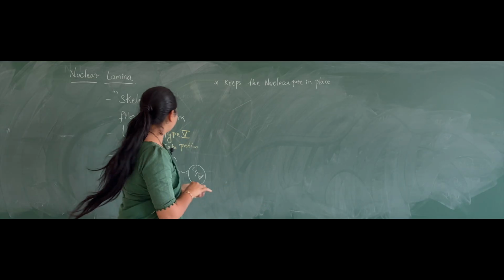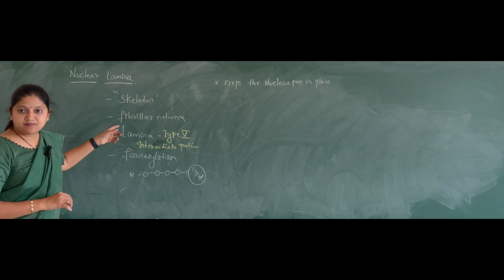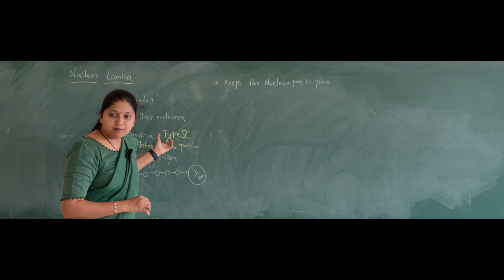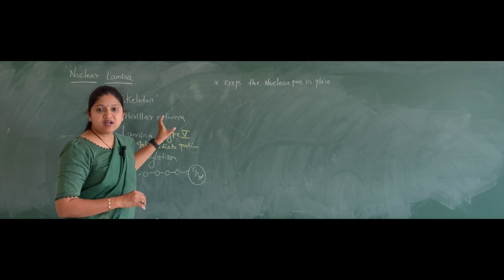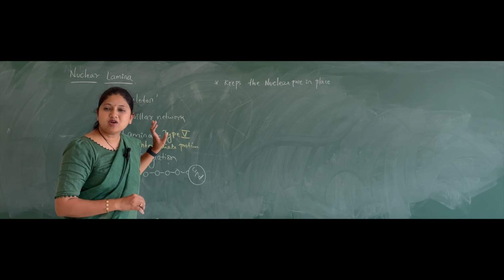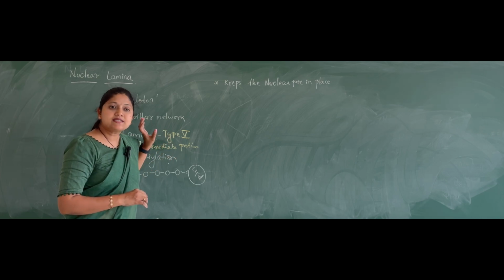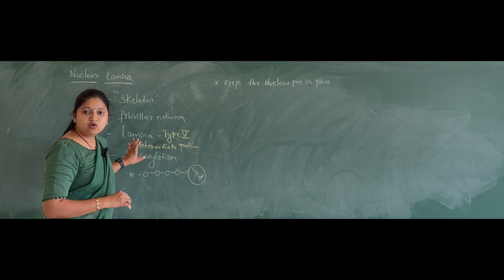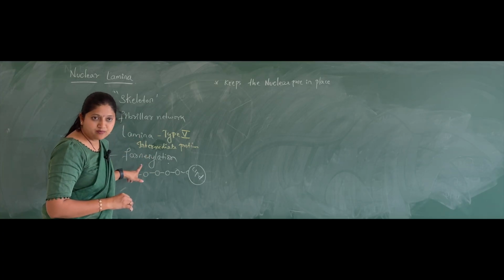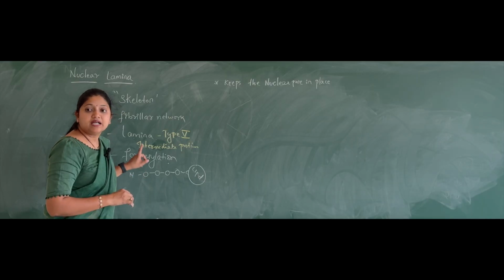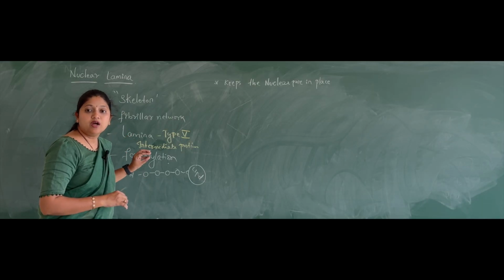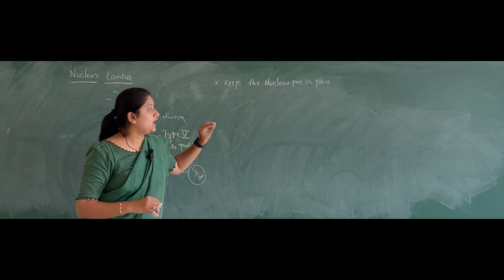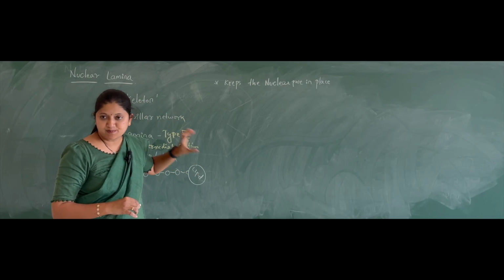So the first reason is it acts as a skeletal system. It gives a skeletal network to the nuclear membrane, and the second is that it's a fibrillar network made up of the protein called lamina, and this lamina is a type 5 intermediate protein, and this undergoes a process called farnesylation, which is the addition of a lipid to the C terminal, and it keeps the nuclear pore in the proper space.